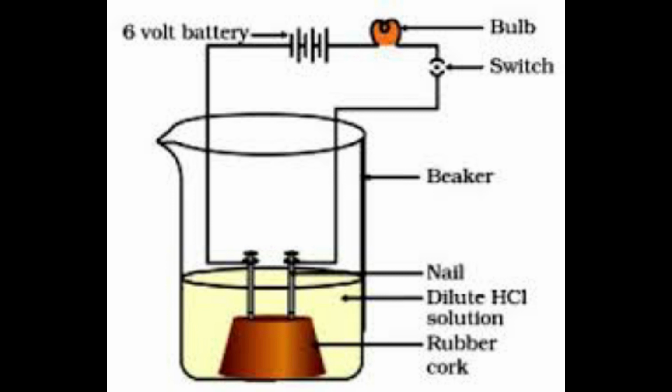Now what we'll do in this experiment is we try to use different solutions to see if they conduct electricity or not. The first solution that we take is alcohol. Now this alcohol solution is poured into the beaker. And now the circuit is closed, which means that the switch is turned on. Now remember, there is no direct connection between the two nails. So only if your solution can conduct electricity, only then the bulb will glow. Else the bulb just does not glow.